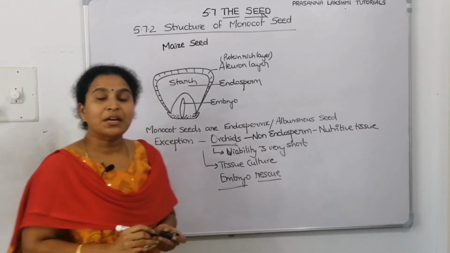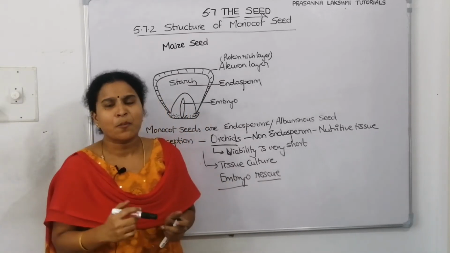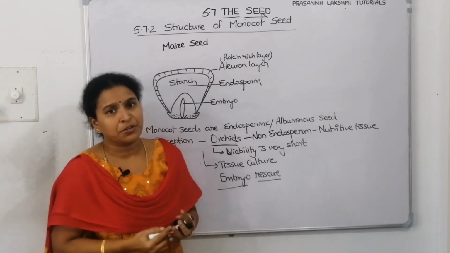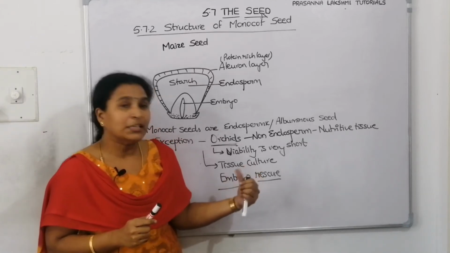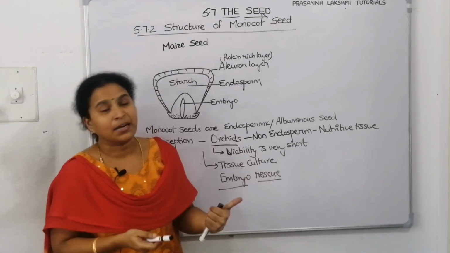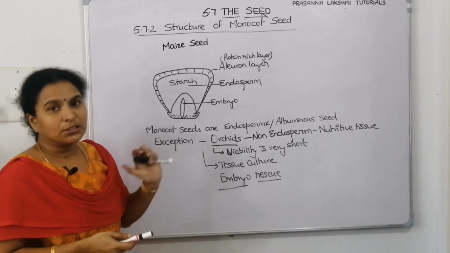So, that is why these ornamental plants are costly. Why? Because they are not propagated by normal means. The normal seeds are not having viability. They don't have the nutritive tissue. So, then how are you doing it? By tissue culture, artificial hybridization methods. We are doing rescue of the embryo and then we are making the plant. So, that is why these are costly plants.